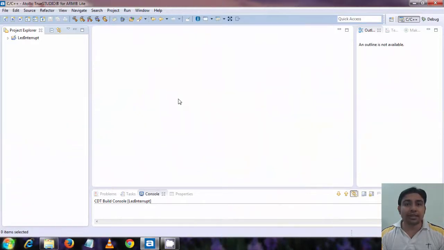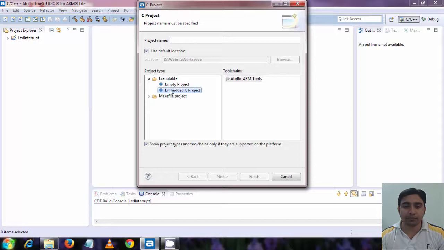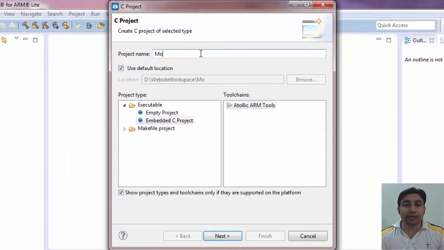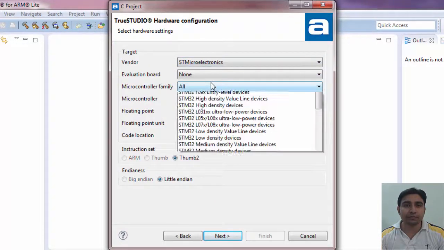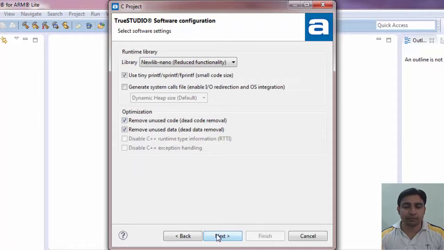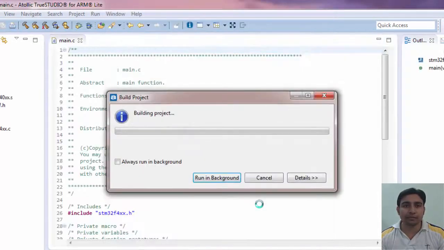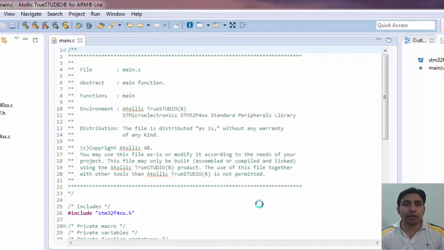Okay, let's start writing the code now. Let's first create a new project. Let's name it motion sensor. Okay, now our project is created. Now let's correct the clock settings first.